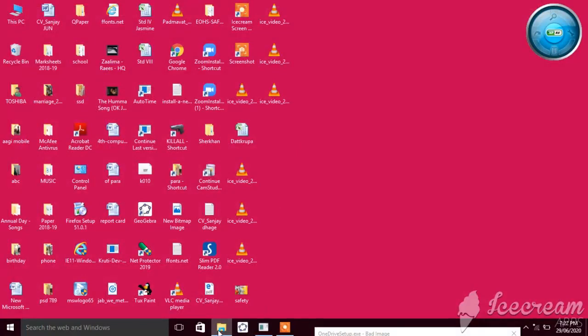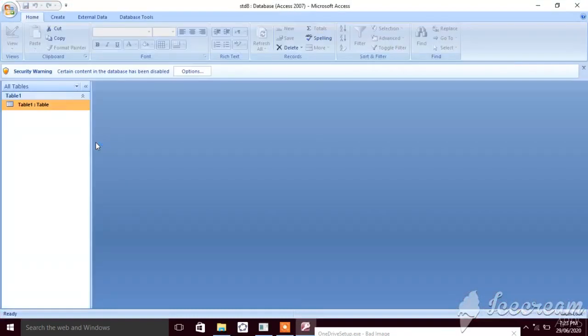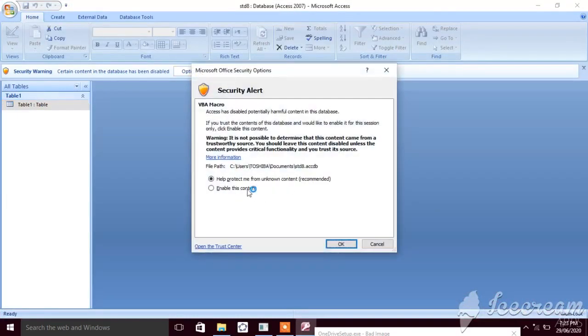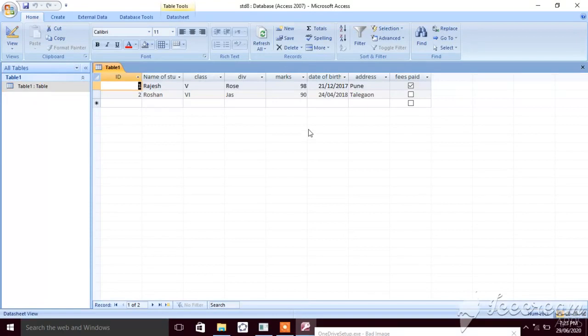Now how to open? Again go to File Explorer. I saved it in Documents. So standard 8 is my file. Double click on it. Okay, the window will be displayed. Now double click on the table, your data. You can see your data here. Now you understand how to create a database. Good.